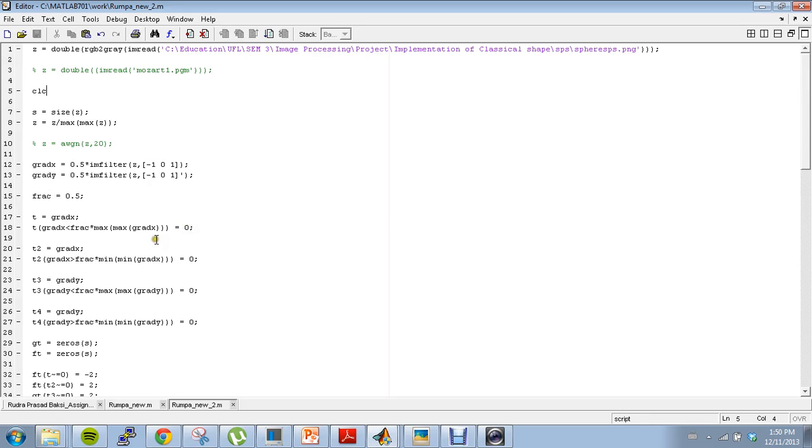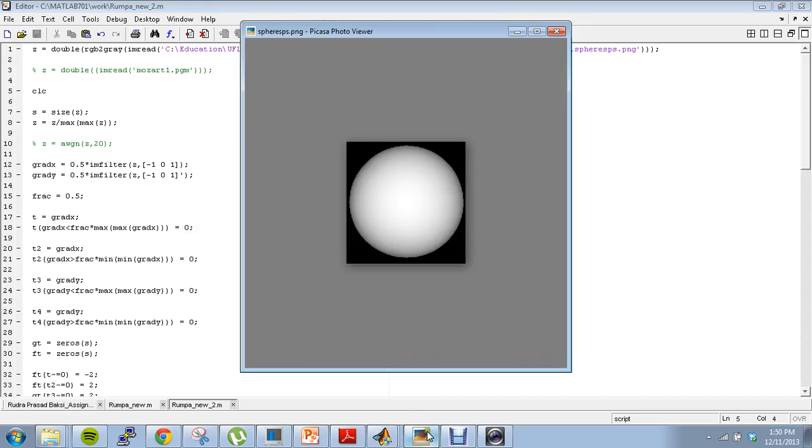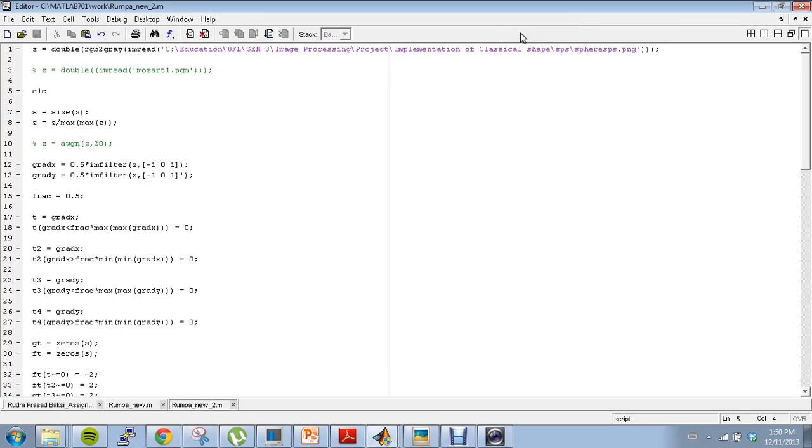The input to this file was the spherical two-dimensional shading image. Since the simulation takes a pretty long time, we had run the simulation in the background so that during the presentation I can produce the outputs.